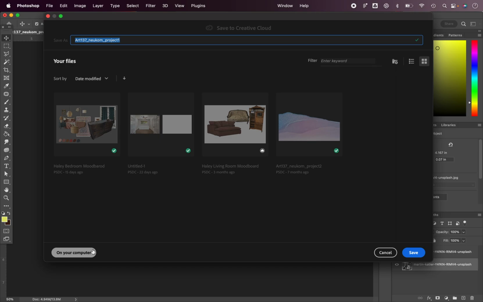But for most of you, and just for good computer practice, computer file organization hygiene, you're going to want to click on this On Your Computer button that I'm hovering over right now. So for the most part, I'm going to be avoiding Creative Cloud in my instruction, but if you do know how to use it, once again, if you have a personal Creative Cloud account, you can use this. But I'm going to hit On Your Computer,